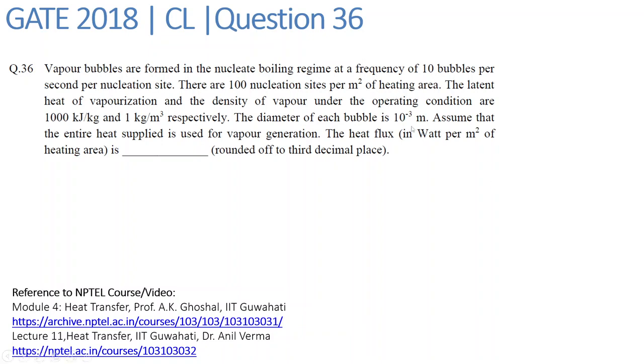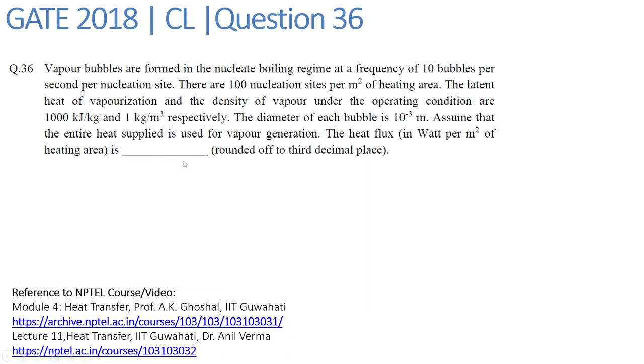Okay, so now let's look at question number 36. In this question we have been given: vapor bubbles are formed in the nucleate boiling region at a frequency of 10 bubbles per second per nucleation site. There are 100 nucleation sites per meter square of heating area. The latent heat of vaporization and density of vapor under the operating conditions are 1000 kilojoule per kg and 1 kg per meter cube respectively. The diameter of bubble is 10 raised to minus 3 meter. Assume that the entire heat supplied is used for vapor generation. The heat flux